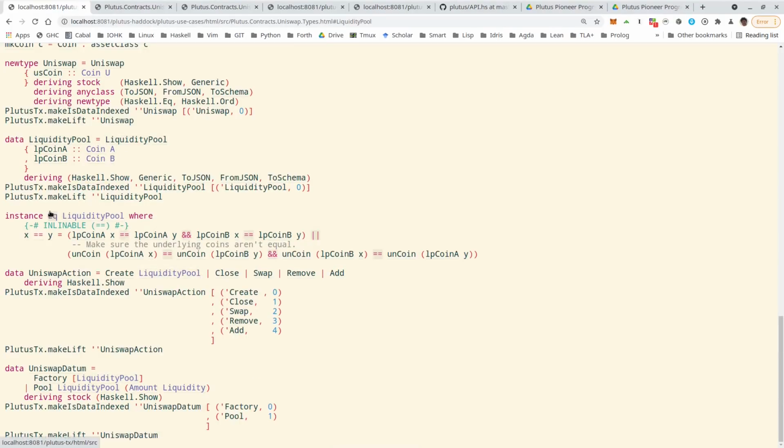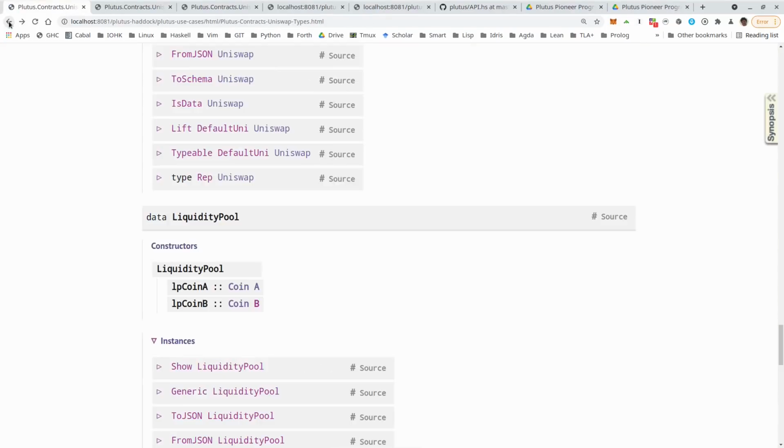And in order to achieve that, the Eq instance has a special implementation. So it's not the standard. If we want to compare two liquidity pools, we don't just compare the first field with the first field of the other and the second with the second, but we also try the other way around. So a liquidity pool with tokens AB would be the same as a liquidity pool with tokens BA. So that's the only slight complication here.